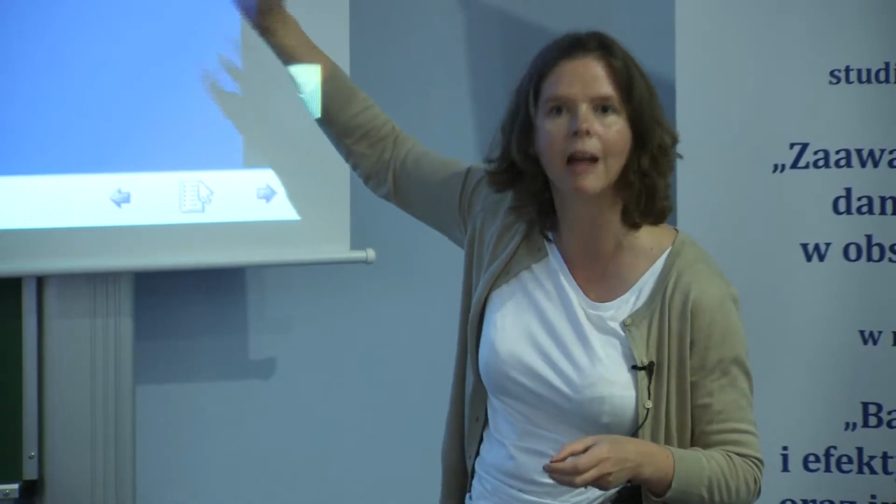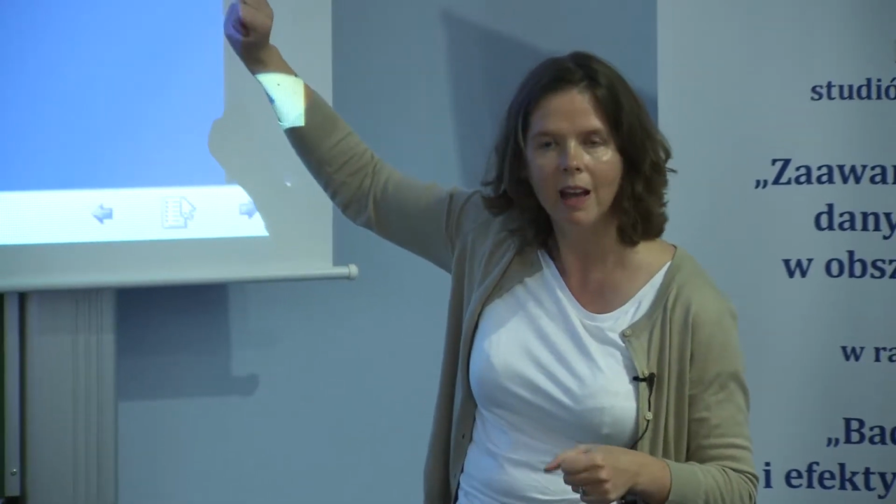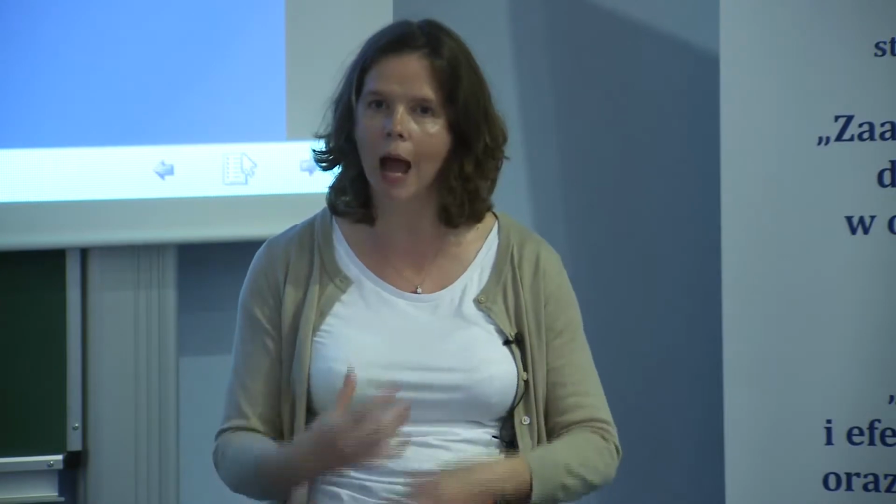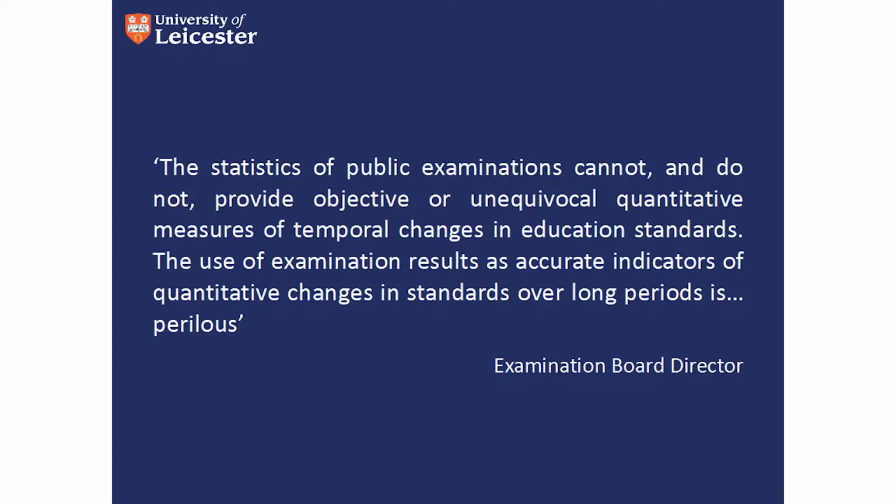They are the most tangible outcome of schooling. And I don't think that's the same in England. I think it's the same in many, many other countries as well. But exam data and test scores very much dominate the education system in England. They're not perfect, though, and this is one of the issues around education research and how we use numbers in education policy in England. So the graph that I just showed you showed great improvement.